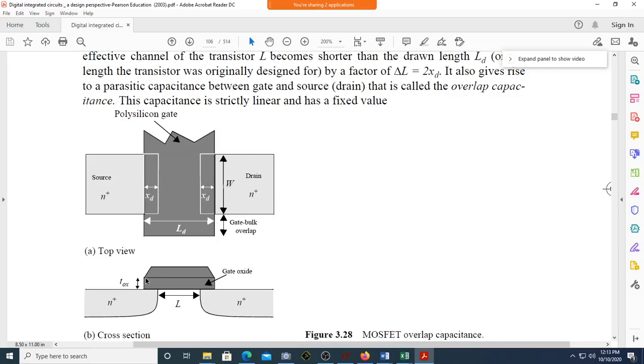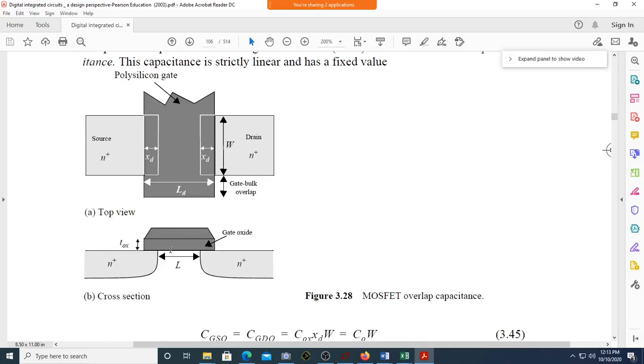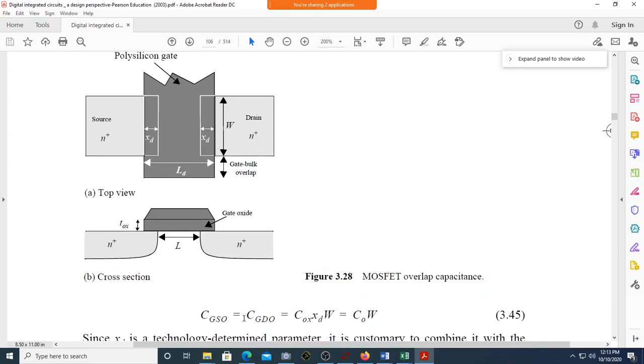Hello? Yes, sir. No, because if you see this particular thing, this is the gate structure, and beneath the gate you're going to have the oxide, and beneath that oxide you're going to have the N diffusion. Can you see there is a capacitance that is possible to be formed, oxide capacitance? Can you see there is a CGSO, CGDO? So what does CGSO stand for? It stands for capacitance between gate and source due to overlap.